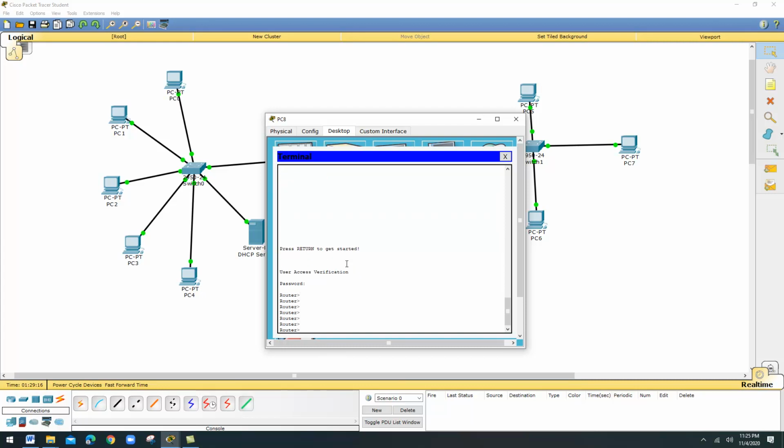So this is called console access. You can access your router through the console port. Usually administrators will do this. If you go for real routers, you will do only like this. In Packet Tracer, you just double click the router and go to the CLI, but that is not the correct procedure. In real routers, you cannot do that. You have to use a console port, then only you can enter into the routers. So this is about how to access a router through the console port and how to fix the password authentication for the console port.